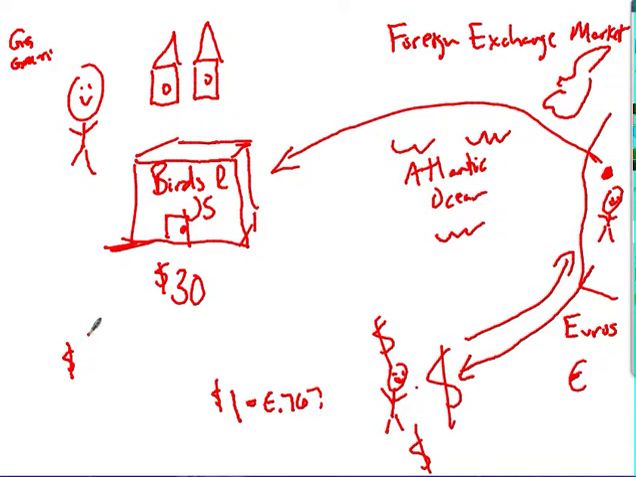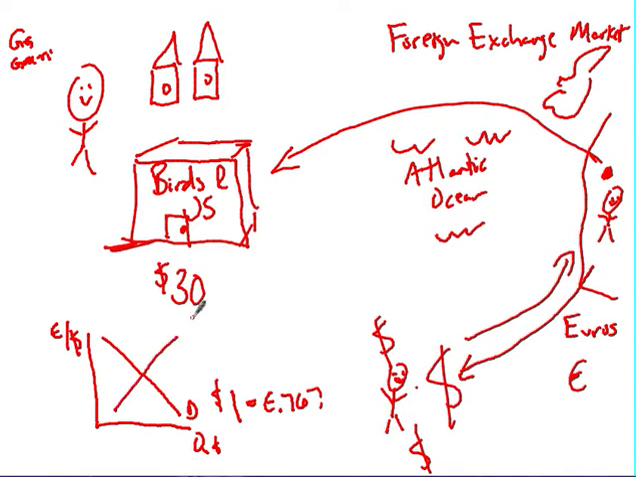And the way we would graph this out, we'd say, all right, so here's the quantity of dollars. And this would be how many euros does it take to get $1? And so when we do the supply and demand here, all right, then we would say that this is 0.767. So it takes 0.767 euros to get $1. All right, and so let's say that this guy over here, he just wants to buy one birdhouse,